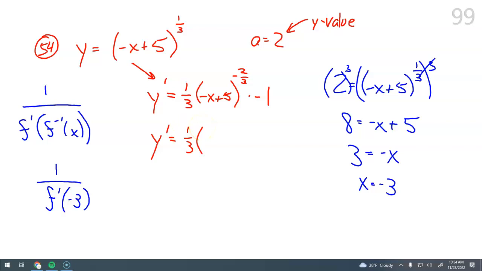So I'm going to just plug in right now and not worry about simplifying, because it's wasting my time and I might screw it up. So if I put a negative 3 in there, it's actually a positive 3, right? So 3 plus 5, so this will be 8. So the negative 2/3,